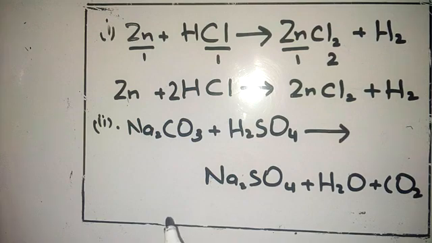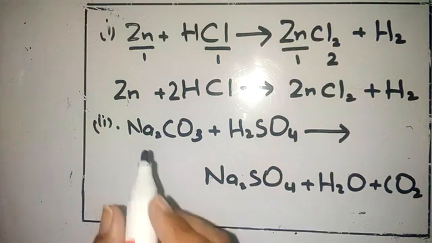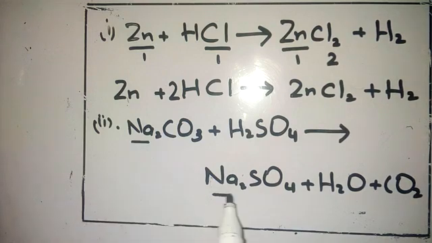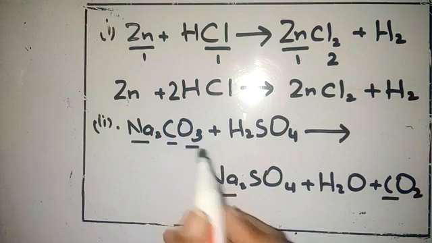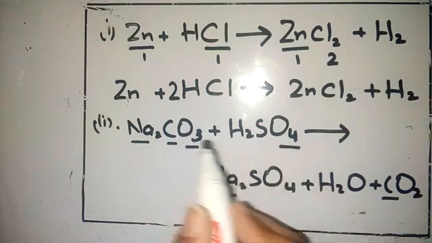Now students, you have to identify whether this equation is balanced or not. Starting from sodium, you can see the number of sodium atoms is the same on both sides of the equation. Then the carbon is also the same, and then you have to count oxygen, which is 4 plus 3, 7,